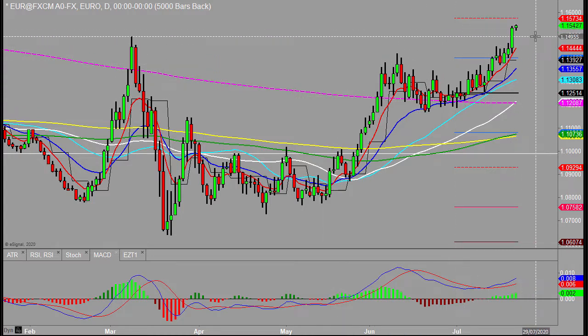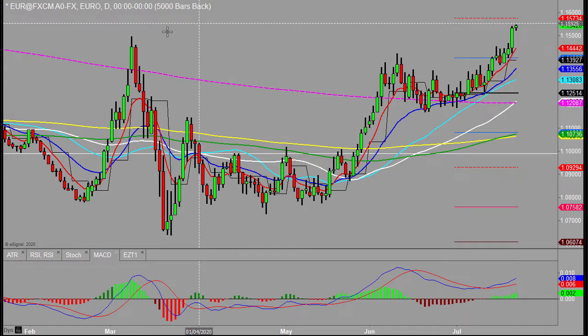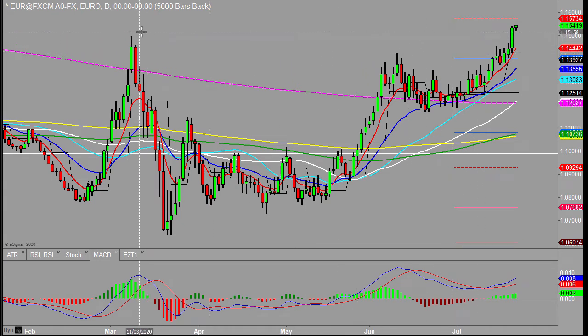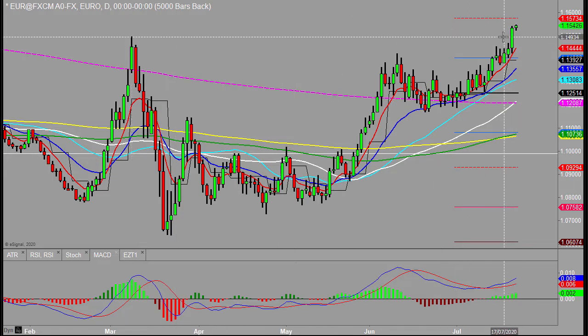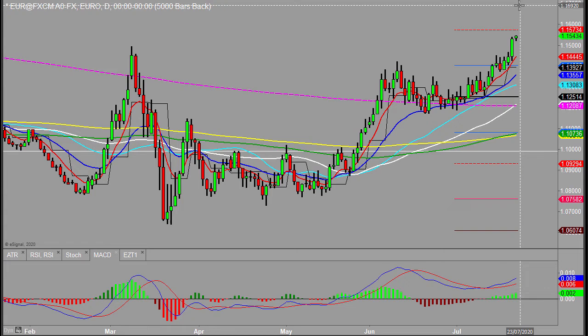So let's look then at the technicals, and the euro had a good old surge yesterday. In fact, it broke through the prior highs, pushed on through. I was looking to see if there had been stops above those prior highs. Hadn't been anything significant there, but obviously it's probably built up during the day. We certainly have a load of buy orders sitting at 1575 onwards. So I was just watching today a little bit carefully. 1575 is sort of net buy orders sitting above there, which could create some a